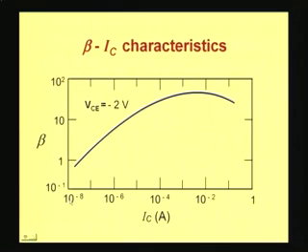So here, since the collector current is shown over a very wide range, over orders of magnitude, the scale chosen is logarithmic. So beta versus IC characteristics will normally be shown with collector current on the logarithmic axis, and here, since the beta also is varying over a wide range, over orders of magnitude, it is shown on the logarithmic scale. The collector to emitter voltage under which these characteristics are taken is fixed, in this particular case at -2 volts.